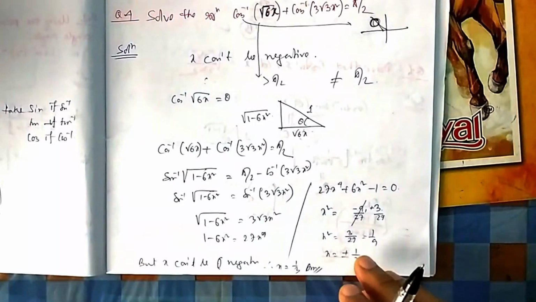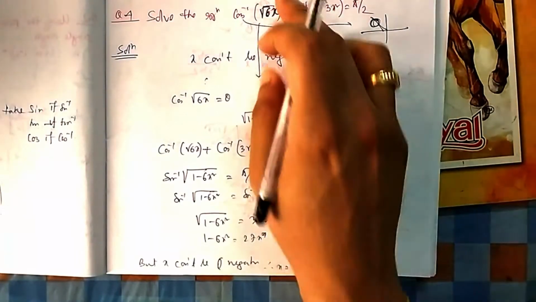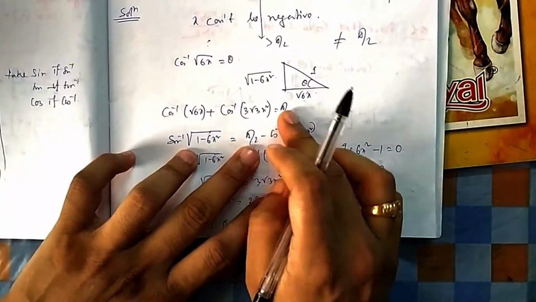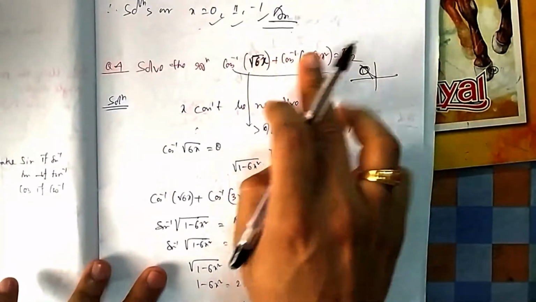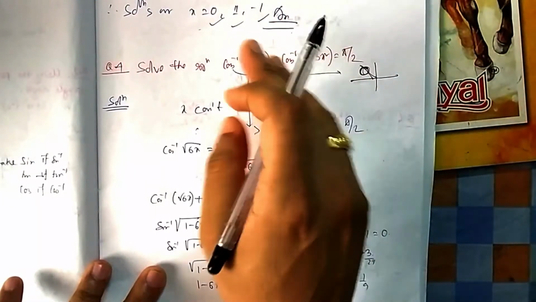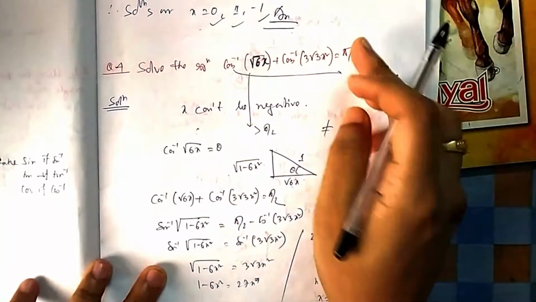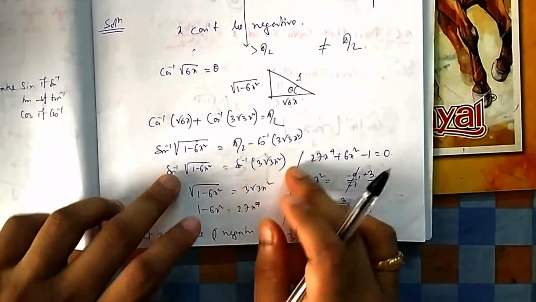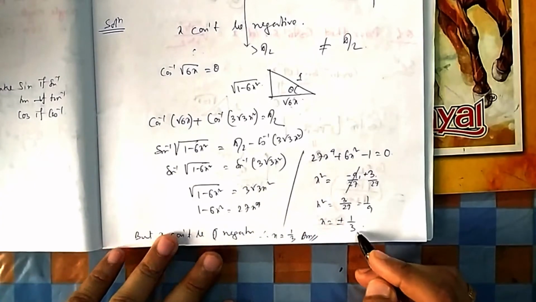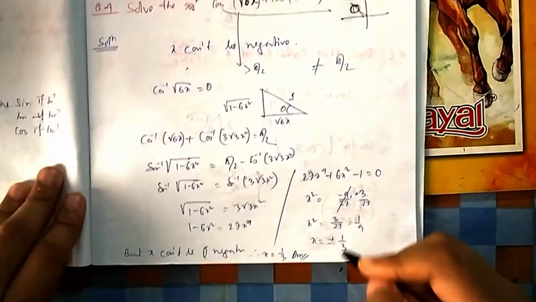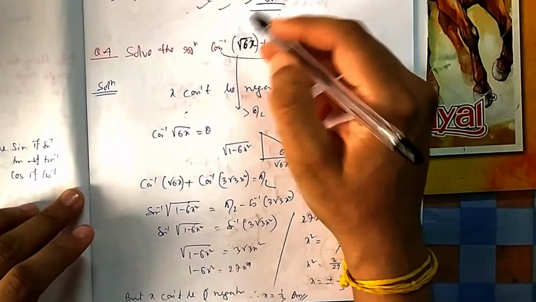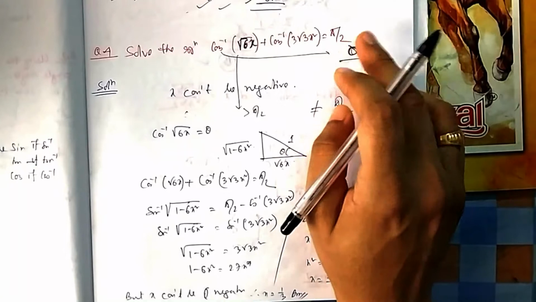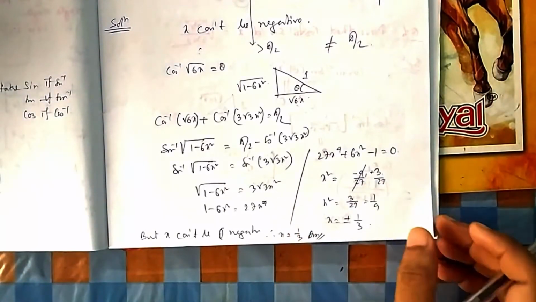Actually in the final answer you will get plus minus, that's why I am showing this one. You can do it at the end also. Because if pi by 2 is there, there is always a temptation to shift one term to the pi by 2 side, so that you can apply the pi by 2 minus formula. So pi by 2 minus cos inverse is sin inverse, and it gets cancelled out. If you simplify x, negative one you cannot take, you just check, if you put negative it will be greater than 90, so 90 plus some positive angle will obviously not equal 90. So therefore x cannot be negative, so therefore x equals 1 by 3.